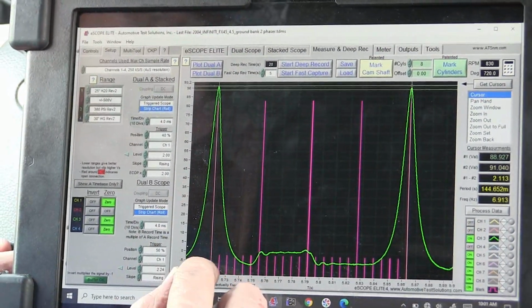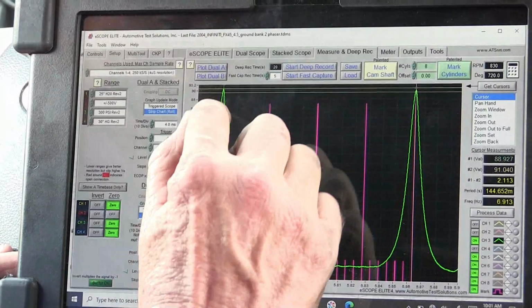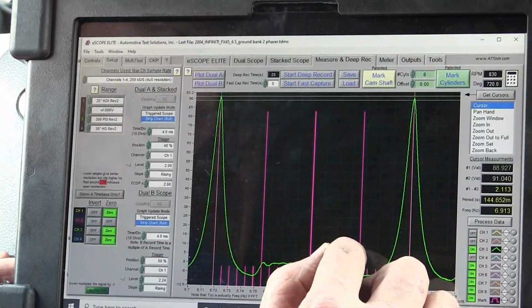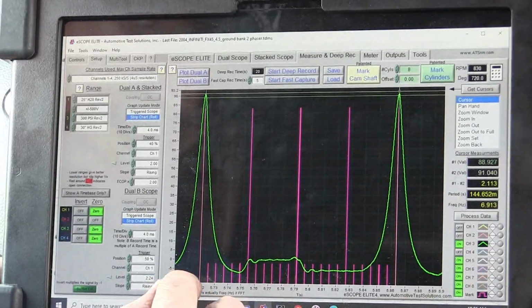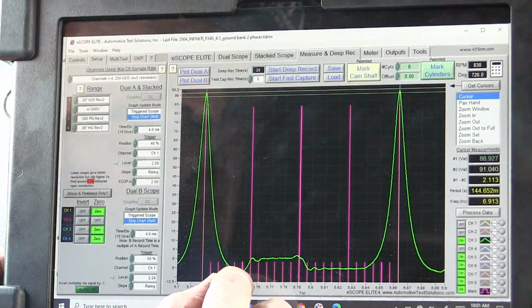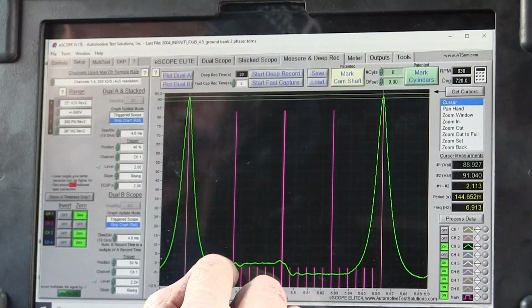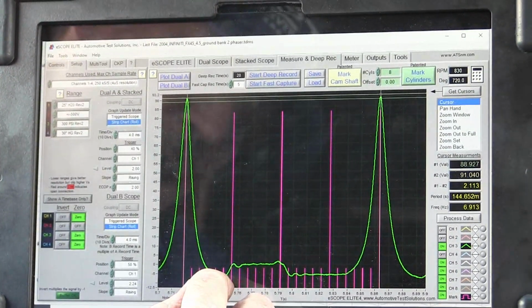The pink markers are the top and bottom dead center points. So this is top dead center, bottom dead center, top dead center, bottom dead center, top dead center. Each one of the lower marks is 30 degrees. So the first thing I want to do is I want to come to the bottom dead center mark and look at where that exhaust valve